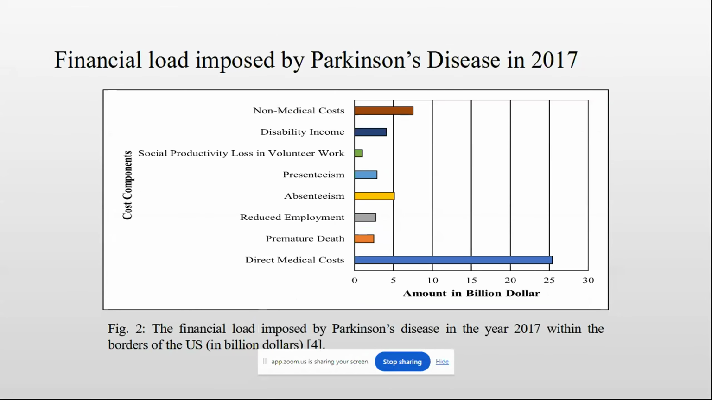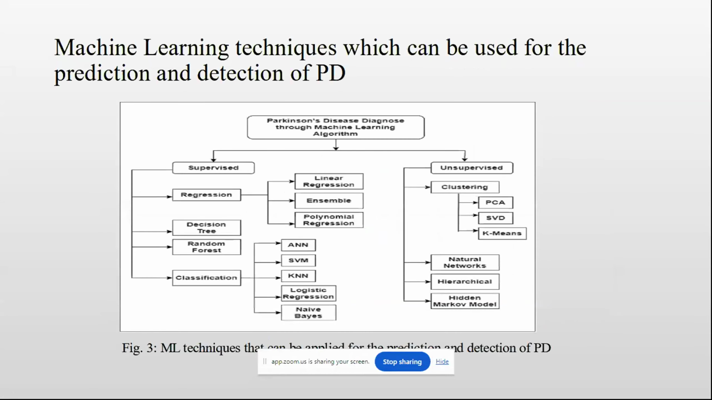The financial load imposed by Parkinson disease in the year 2017, in billion dollars, is given in this chart, which indicates that the direct medical cost was nearly equal to $25 billion, and it also includes premature death and reduced employment, disability income and non-medical cost also. So there are lots of machine learning techniques available which can be used for the prediction and